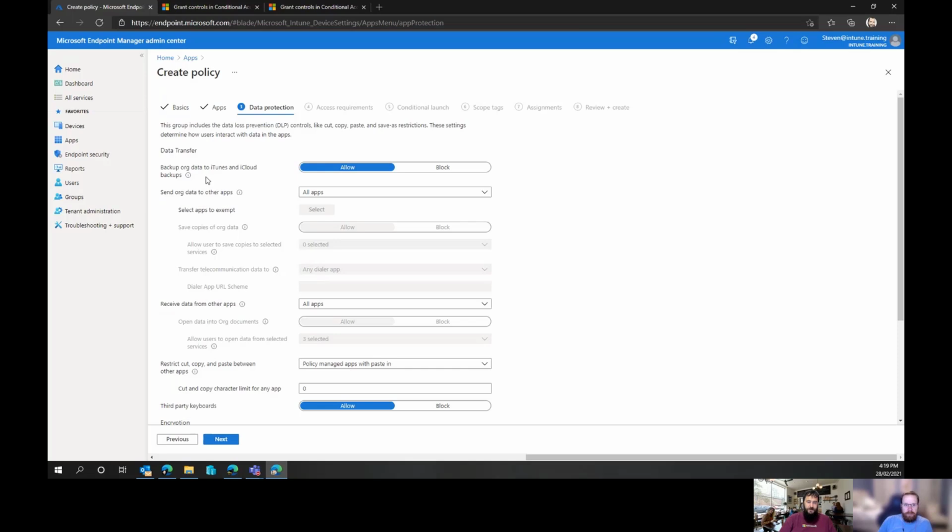So, for example, we're going to say, we don't want you to back up organizational data to iTunes or the iCloud. And the reason is because technically you could then download that, and if you had a big enough computer and a long enough time, you could decrypt the data. It takes a long time and a lot of effort, and it's not something a normal person would spend the time to do,